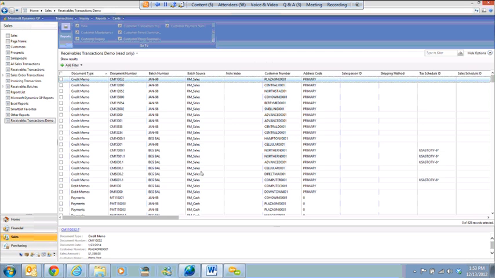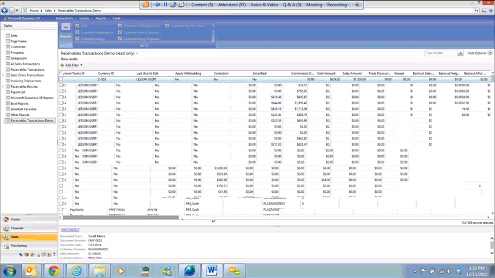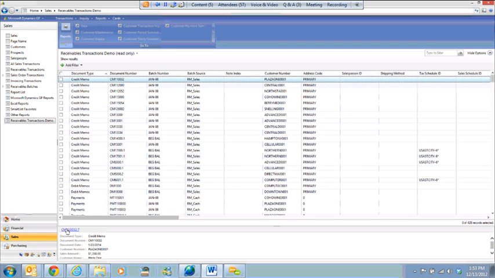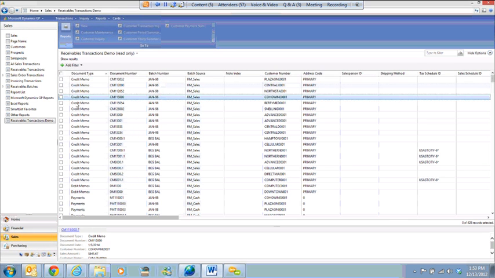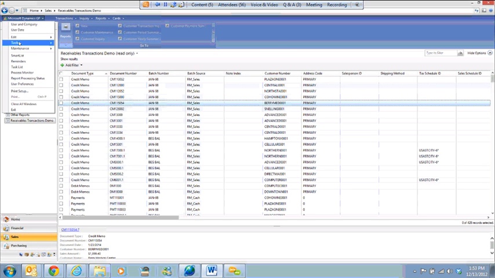Okay, so you can see it's the same data we would see in SmartList. I might want to take some of these columns off here so that I don't have such a big scroll bar. It's more like a navigation pane, so I might want certain columns here and then some of the other columns to show up down here when I click on whatever record. So maybe I'd have the customer number here, have their address information down here, something like that. I can do any of that in Navigation List Builder, as it has